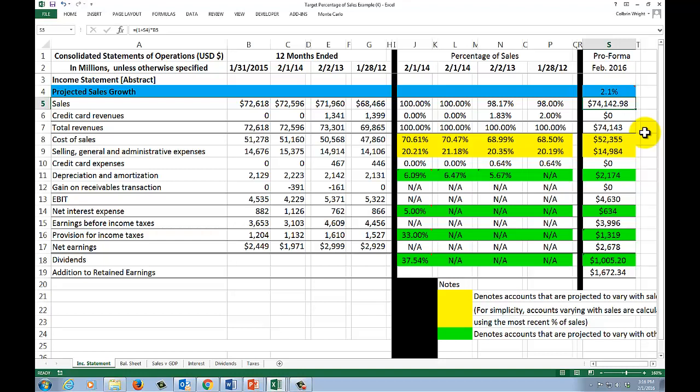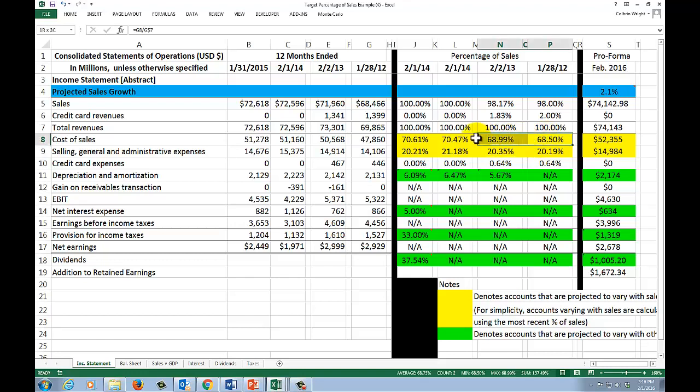All right, step number 4 is to go ahead and forecast the accounts that we identified in step 1 that we believe will vary proportional to sales. For cost of goods sold, you can see what I'm doing here is I'm taking our forecasted sales and multiplying it by the percentage of sales that the cost of goods sold were in the most recent year. Now, there is some debate. Should I take forecasted sales times the most recent percentage of sales for cost of goods sold or times an average? I really think it depends on the account.